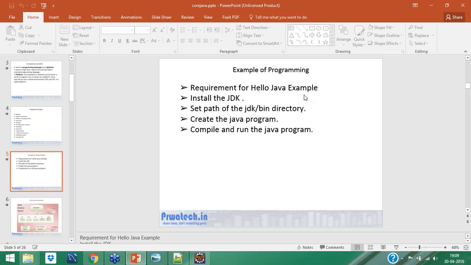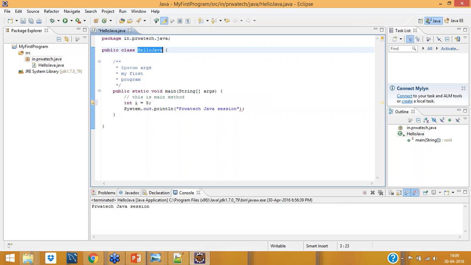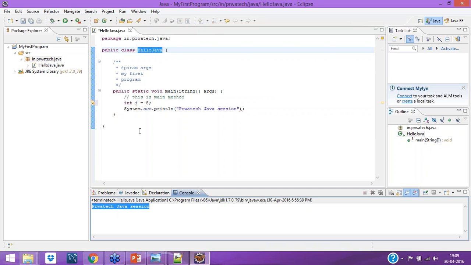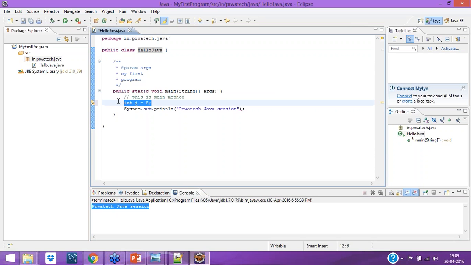So this one I already explained. Requirement of a Hello World Java program: how we'll write it, installing JDK, path, and then the Java program, compile and run the Java program. We are doing it. So this is nothing but my compile and run. Okay, let me add something. Let me do some new one.